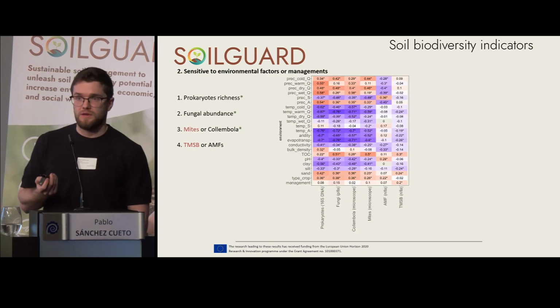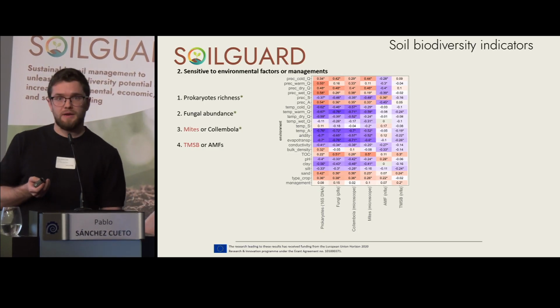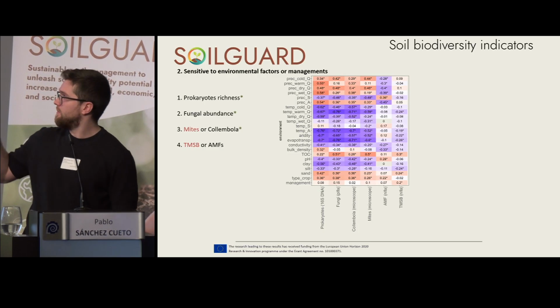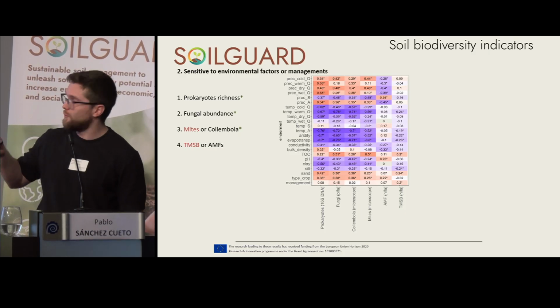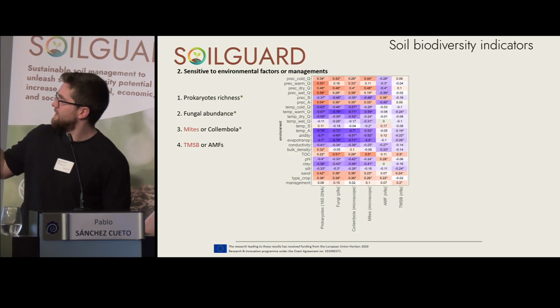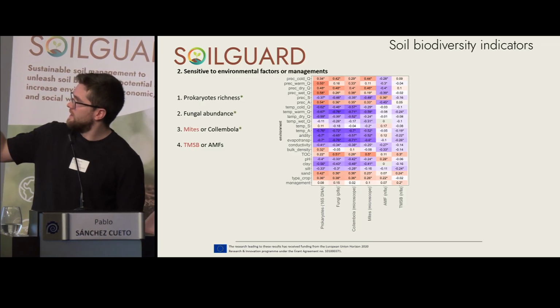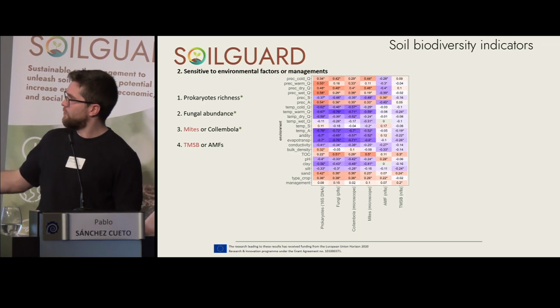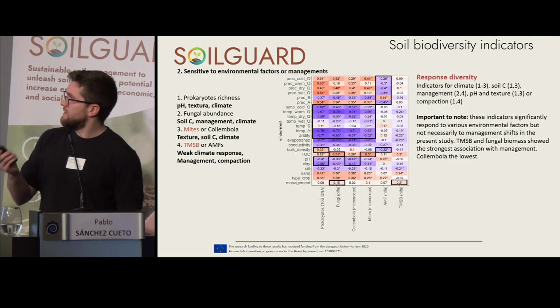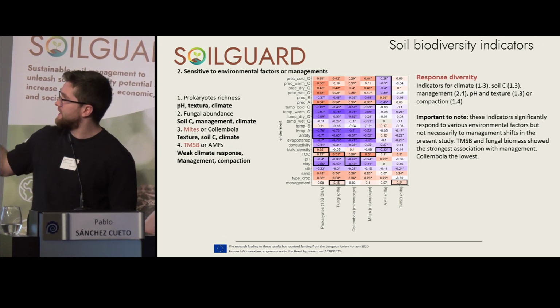Moving to the second question that we have to address, which is how sensitive they are to the environment. For this, we perform again a correlation analysis where the more intense blue color is, the more negative, and the red is more positive, with asterisks in the cells if these are significant. We can see each of the environmental factors on the left, and at the bottom the different candidates for soil biodiversity indicators. Navigating a bit this plot, we can observe first that there is a general negative association between